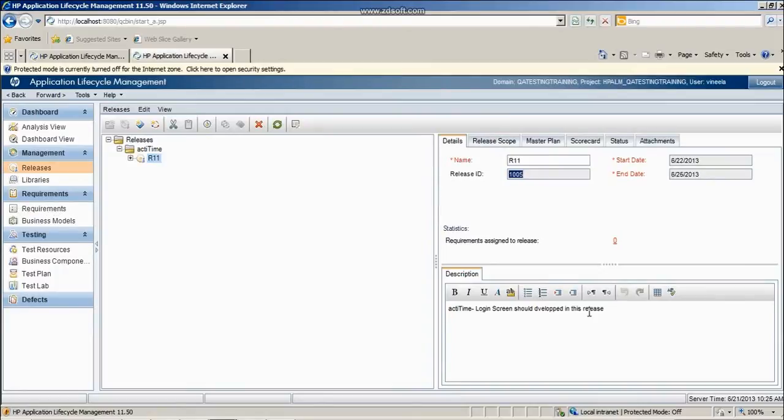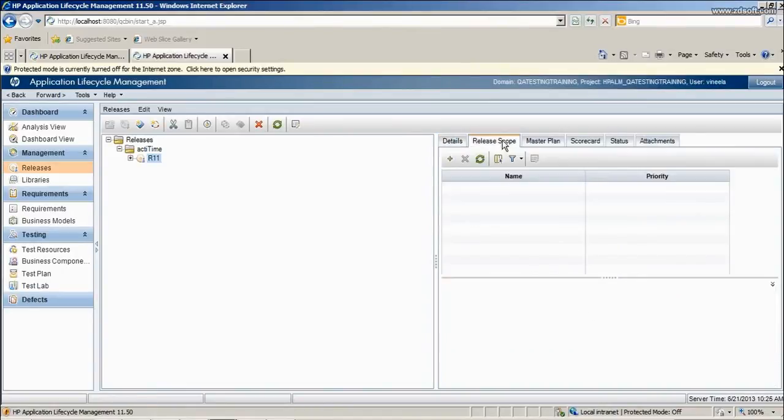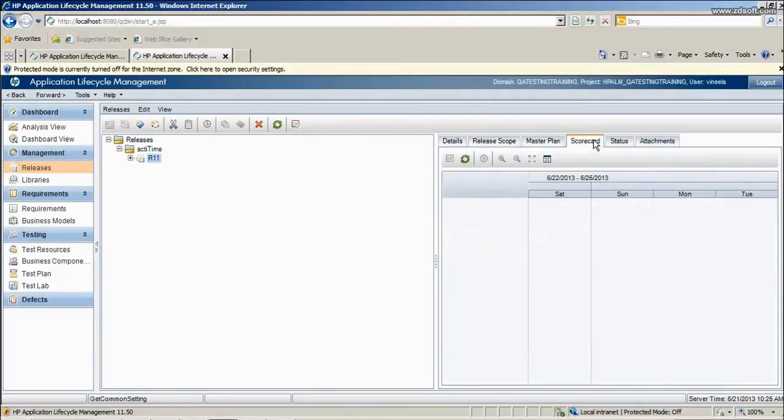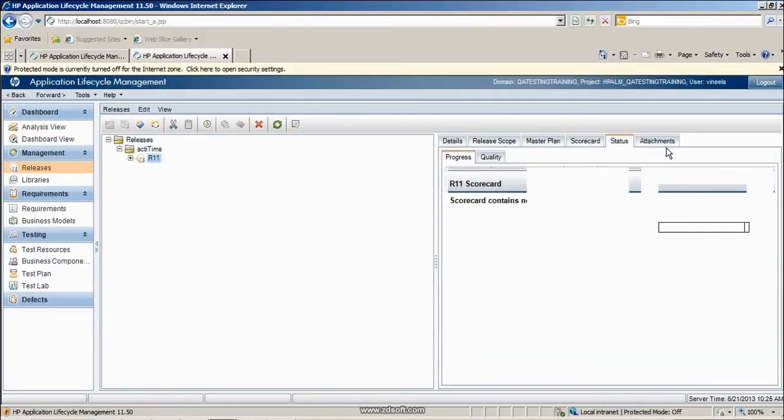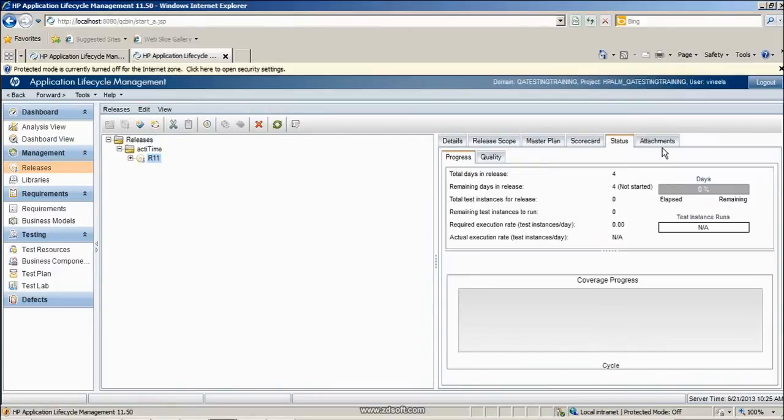That will be populated over here, and you can format the description text you entered using the formatting options available. What is the release scope, the master plan, scorecard, and the status, you will see later once we map all the requirements for this release.